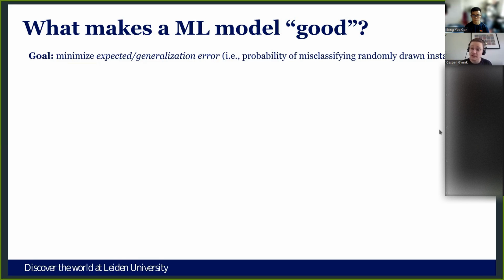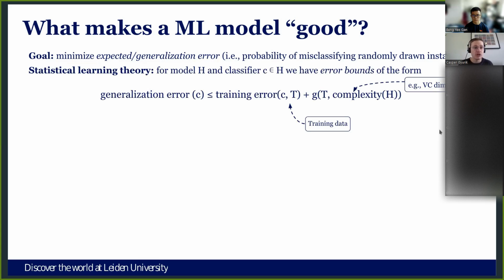And what is the probability that my machine learning model will be wrong on this data point? Well, let's say it is a cat if it's actually a dog. Statistical learning theory tackles this question by looking at a family of generalization bounds, which tells you that the generalization error on the left-hand side, which is the quantity we try to minimize, that's the goal of today, minimizing the quantity on the left-hand side, is upper bounded